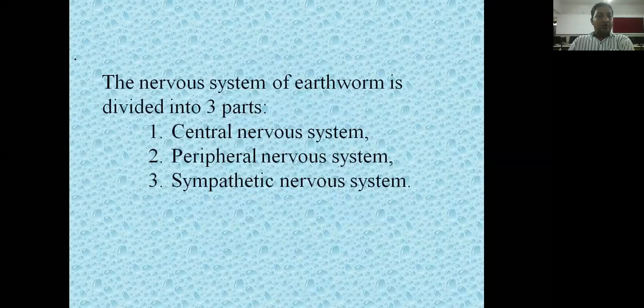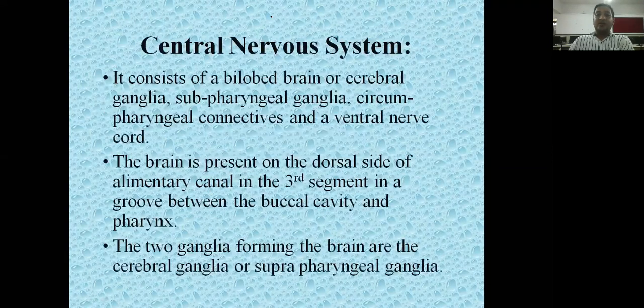Generally, in all organisms, the nervous system is divided into three parts: the central nervous system, which consists of the brain and nerve cord, the peripheral nervous system, and the sympathetic nervous system. These are the main three different parts of the nervous system. And the central nervous system generally